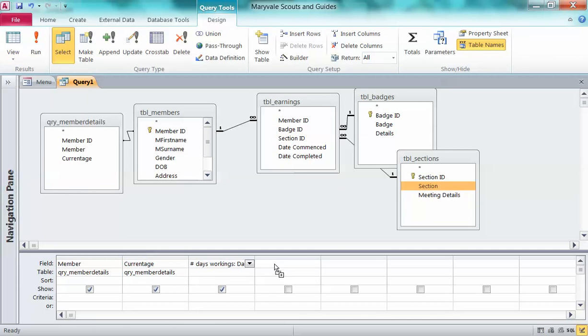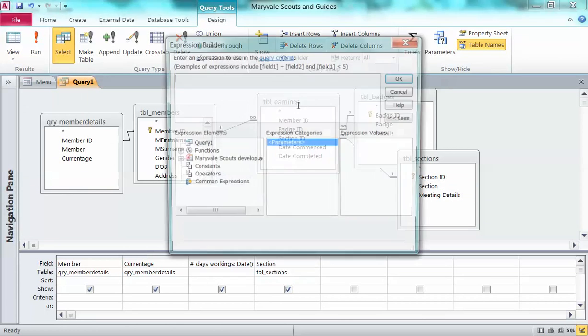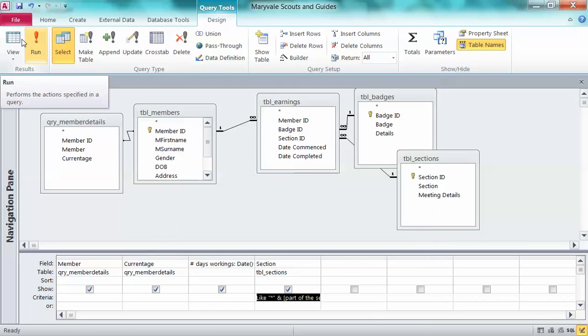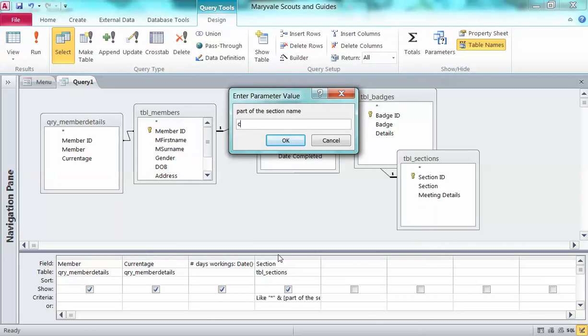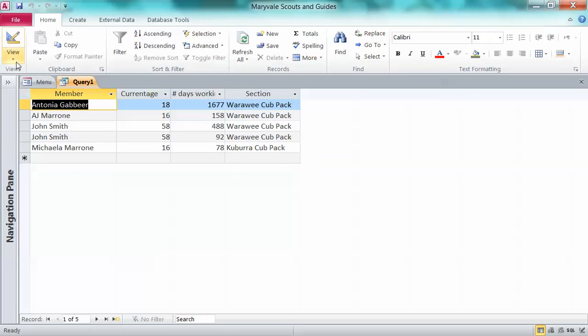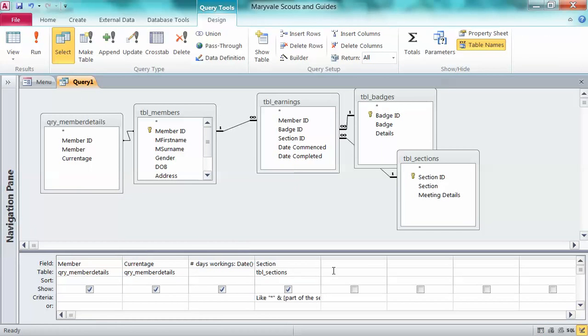of the section, and again I go to the builder, and this time in the criteria, I enter in a pair of brackets so that it causes a prompt to occur with the message part of the section name, and then with the wildcard characters and the like. When I run the query, the user is asked to enter in the name or part of the name of a section. So if I type in cub as before, the query produces this output, and then I add to